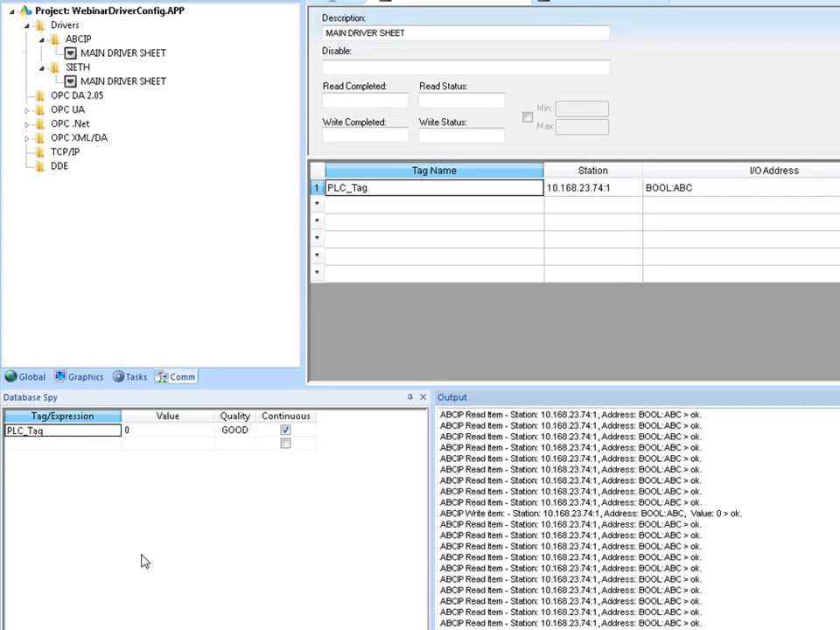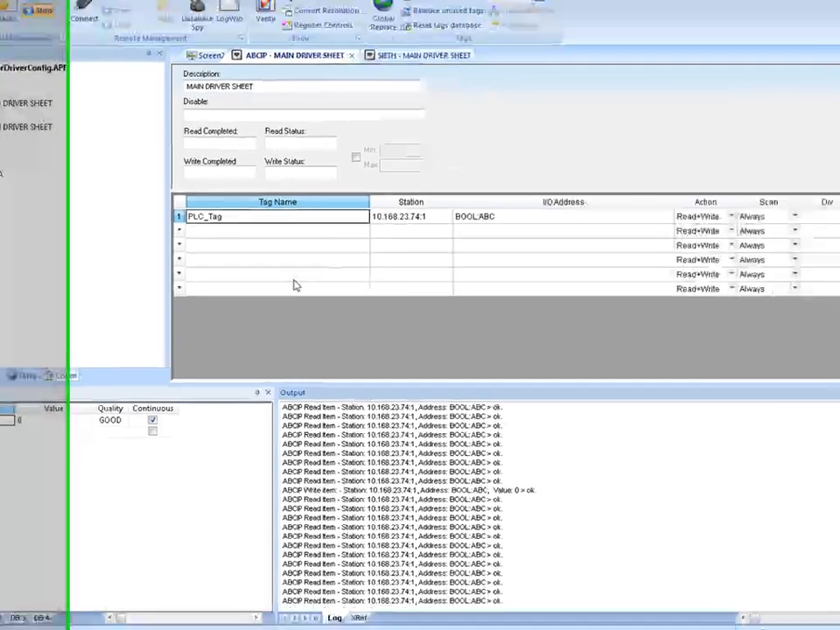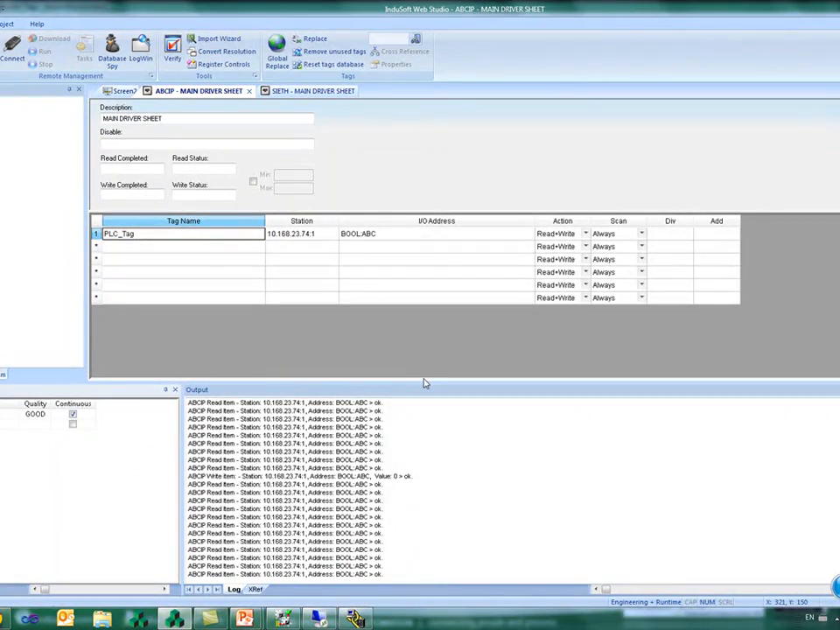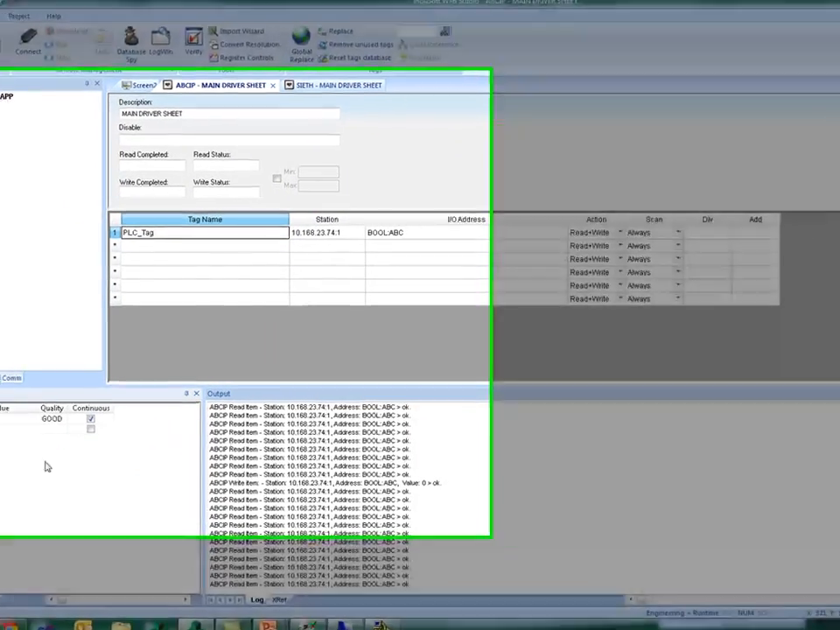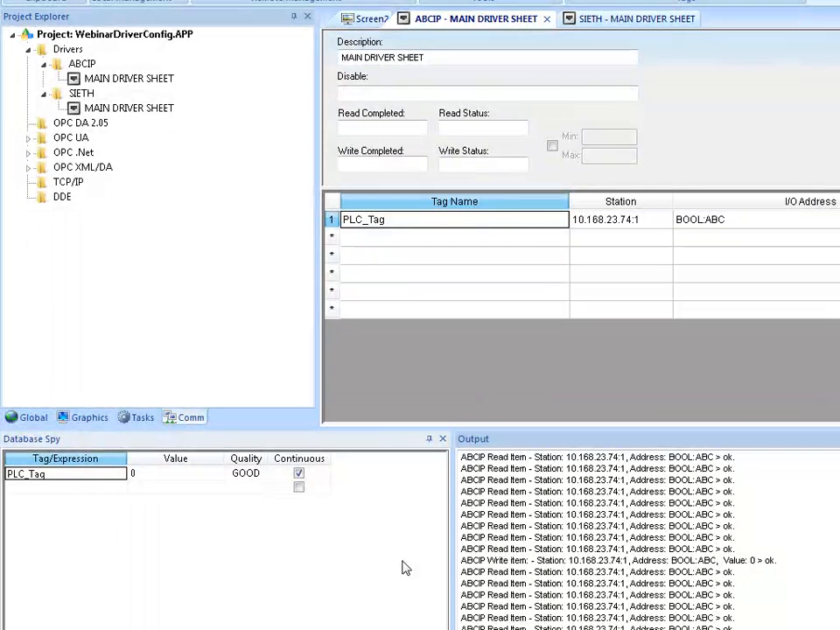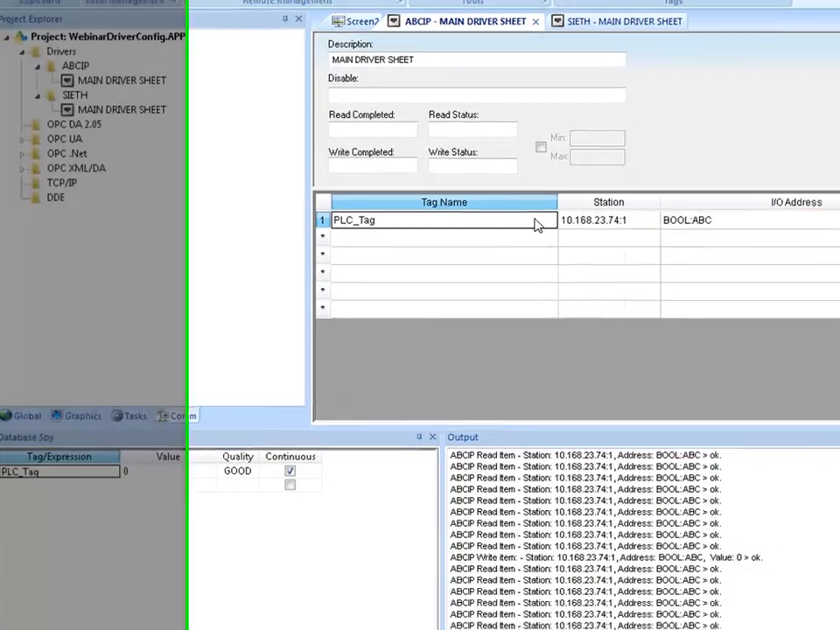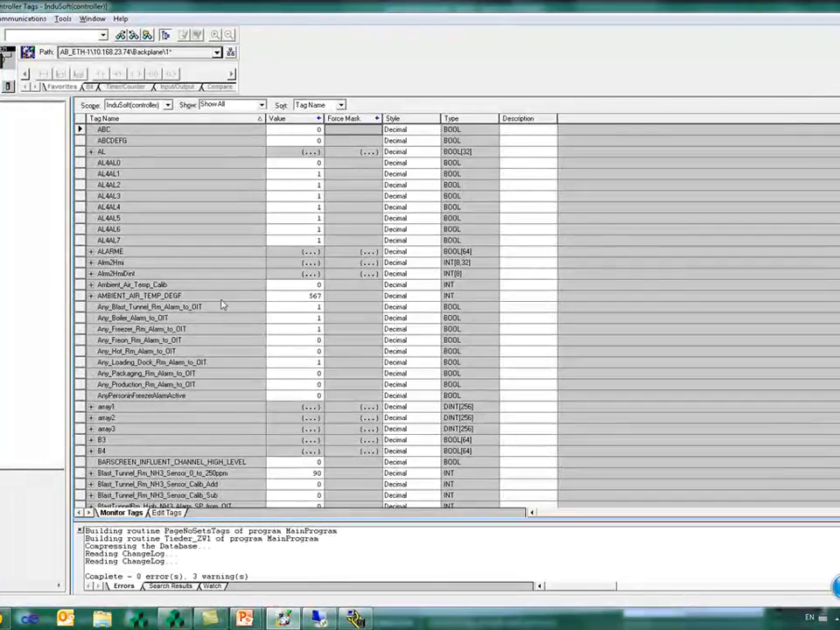So here I can have the tag values. I can force values to the tag. So while I'm configuring the driver, I don't need to have everything in place on the screen. I can use these two tools here and debug pretty much everything that I need. Okay? So using this driver, the ABCIP driver, if I have other Boolean tags, for example,